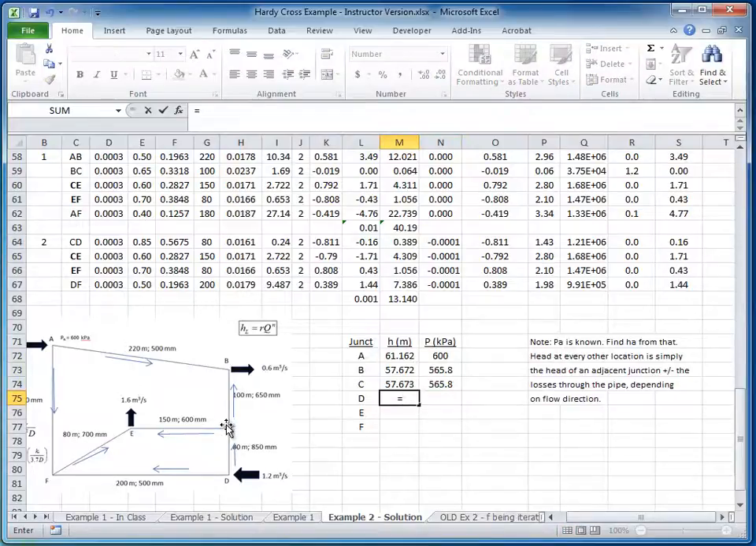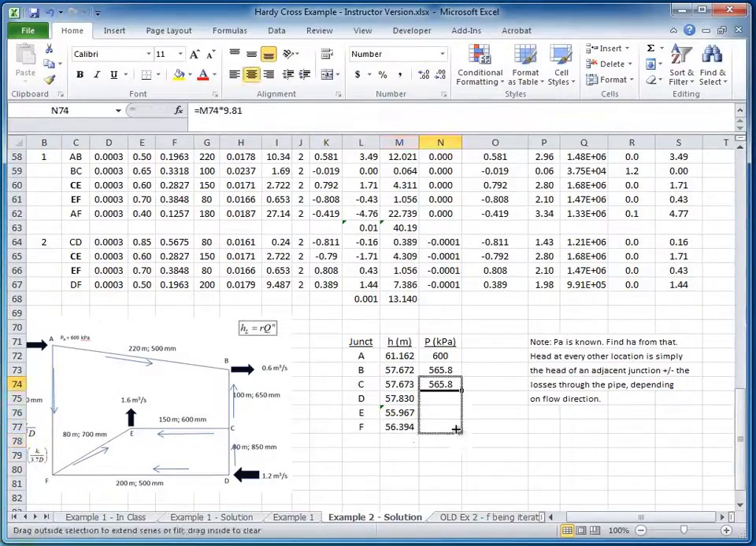Now the head at D is going to be an increase from that which is at C. So it is how much head there is at C plus the losses between C and D. All right. And let me go ahead and find the head at E. It is however much there was at C, because it's downstream of C. So C minus the losses through EC. And the head at F is greater because we're going against the flow. So it'll be the head here plus the losses through EF. All right, and then I can just drag this down,